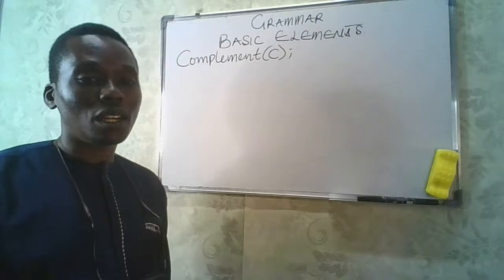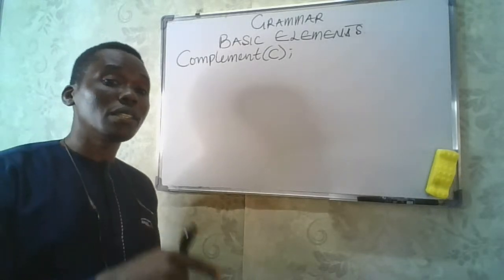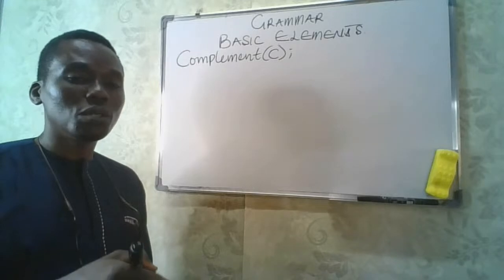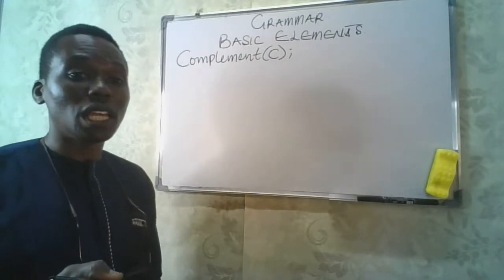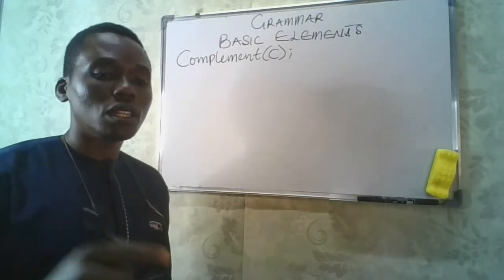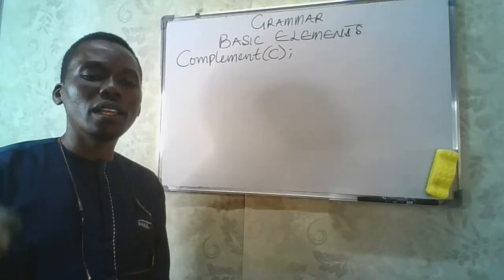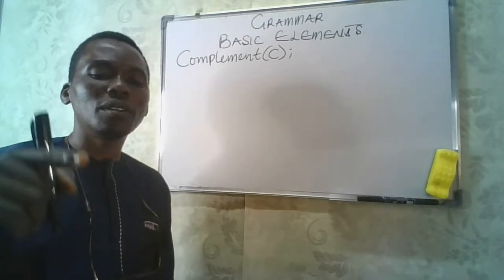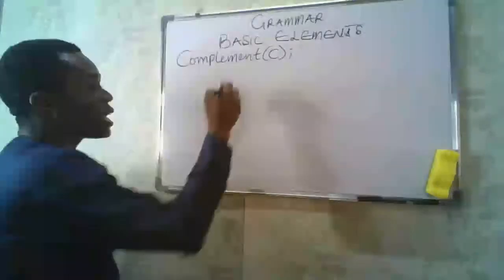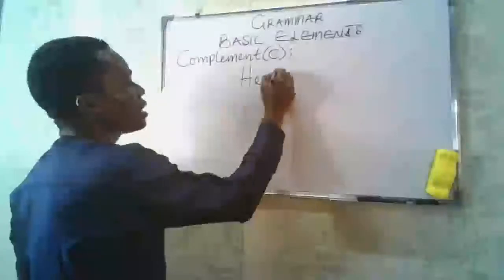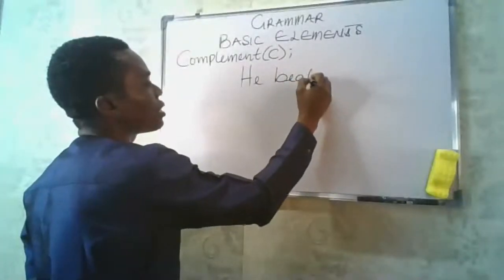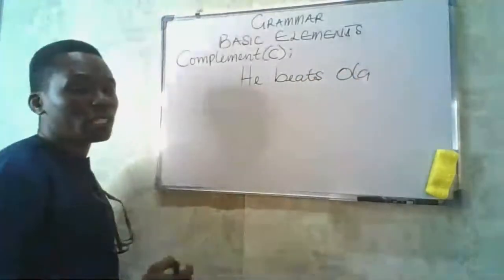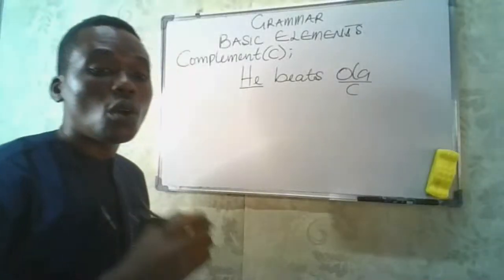Now, remember we used an example earlier on that Messi killed the what? The goat. So in that sentence, Messi is the subject, killed is the predicate, which is the verb, and who receives the action is the what? The goat. So the goat is the complement. So whoever or whatever receives the action, you can say he. We can also use any other sentence. So whoever